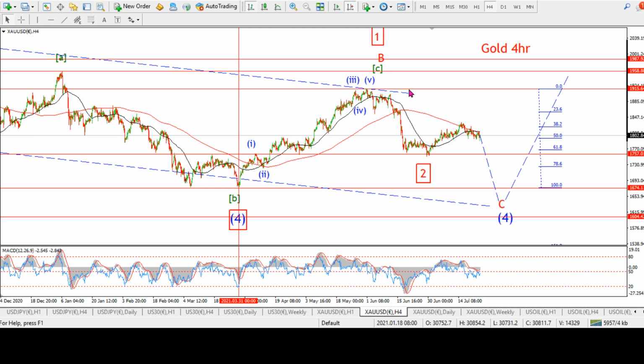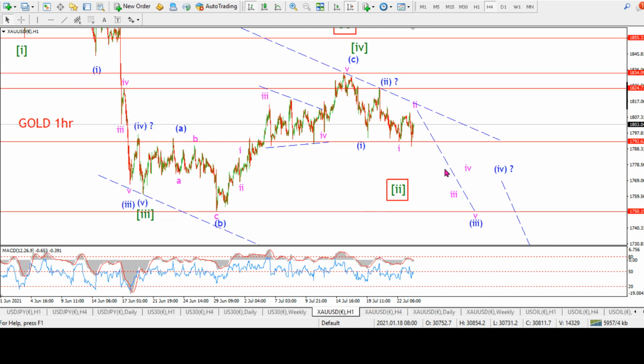And let's get into the hourly count here, and we'll show you what I'm talking about here for this C wave. The alternate count is still reasonably viable, that we have a wave 1 and 2 pattern underway. I'm not throwing it out just yet, but I do favor one last low again to kind of shake out everything that's been going on in this market. We do have a little spike lower to a small lower low today. That's Friday,